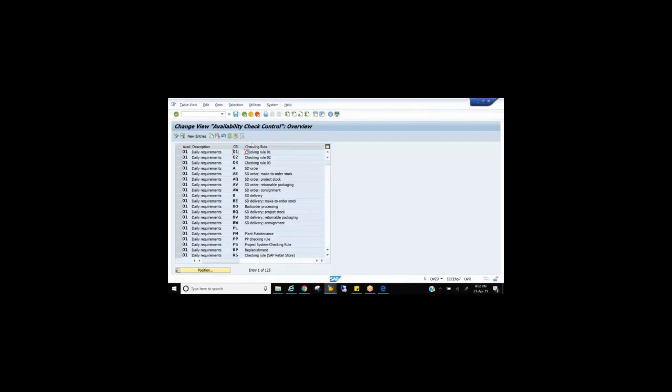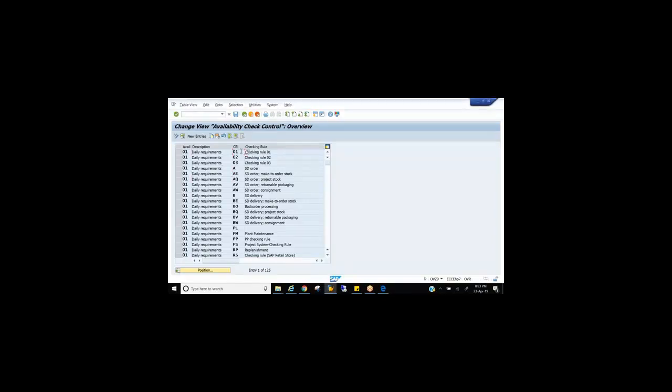See, in some scenarios, we should also perform availability check at the delivery level, right? What is that scenario? Any one scenario. STO, delivery scheduling, adding a quantity or increasing a line item quantity, right? That is controlled with a checking rule. Checking group tells whether you want to go for daily requirement or individual requirement.